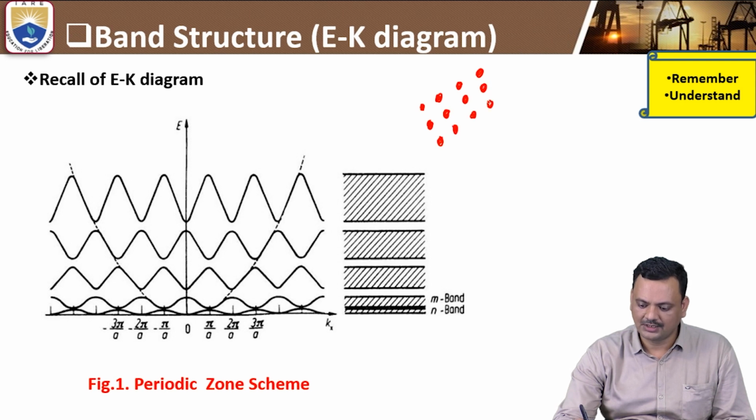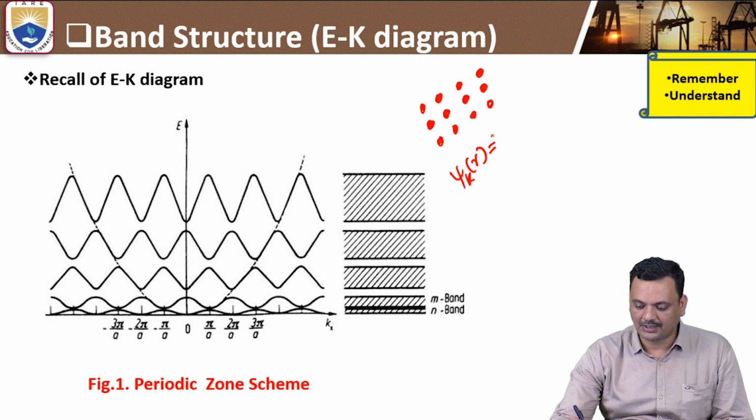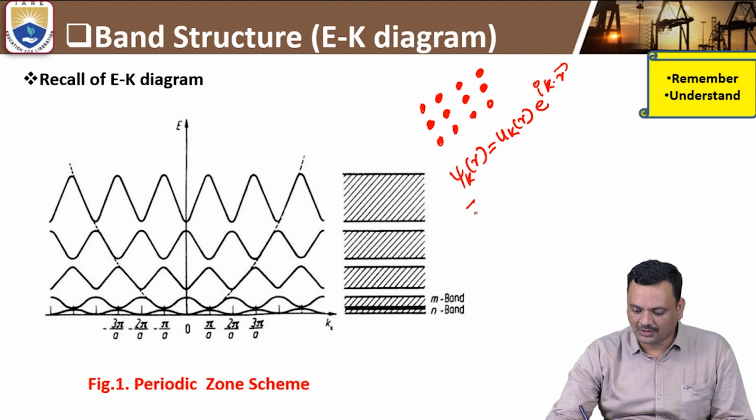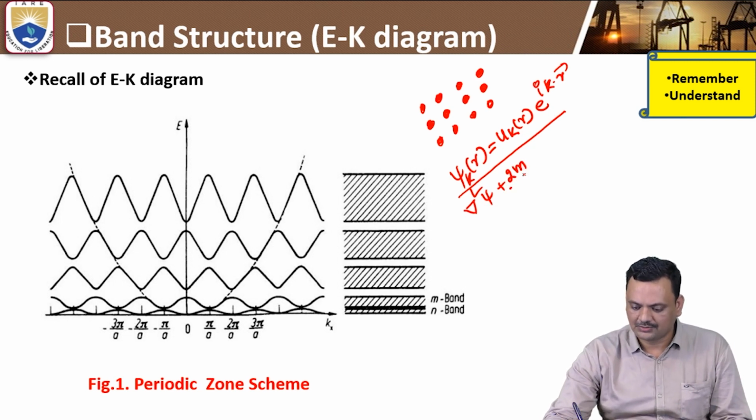He suggested that the electron wave function in a periodic lattice, this periodicity, will be in the form of this. So when we put this wave function in the Schrodinger equation,